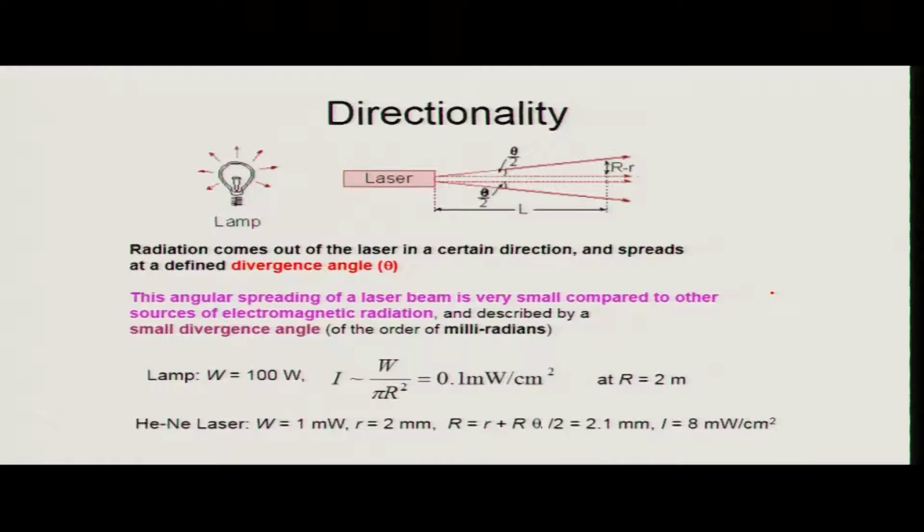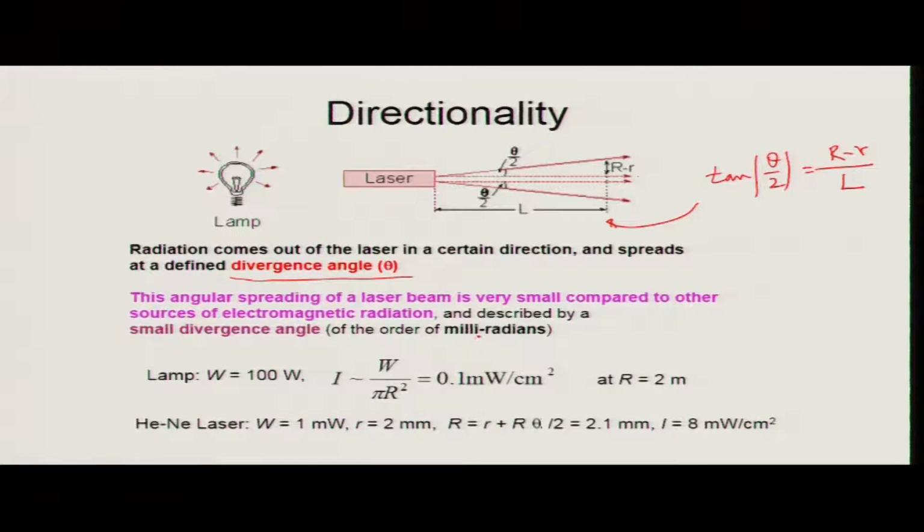The other important part, as we mentioned, is the divergence or directionality, which can be quantified in terms of, let us say, the angle spread as the distance keeps on increasing from the source point. So, roughly it can be looked at as if it is a function, the spread function, which can be somewhat of this dimension when you measure it somewhere at this point. The radiation coming out of the laser has a directionality and spreads with a defined divergence angle theta, as we mentioned here,